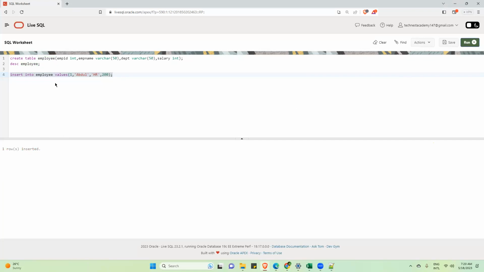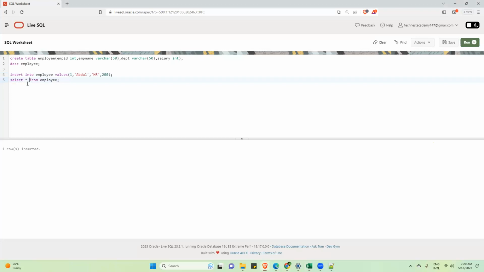So one row is inserted. Now, if you want to check whether this record has been inserted in this table or not, you have to run select star from employee. Whenever you want to check data in a table, you can run this query, select star from employee. Select means to display. You are telling the SQL engine, please display.